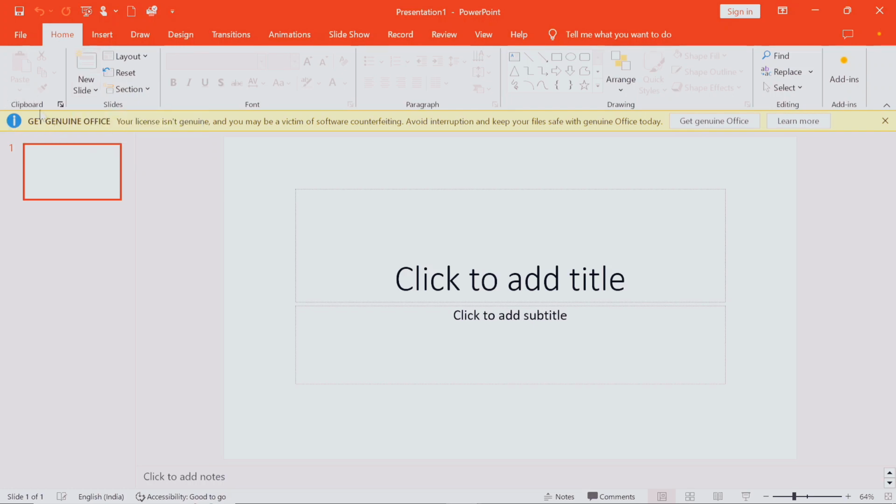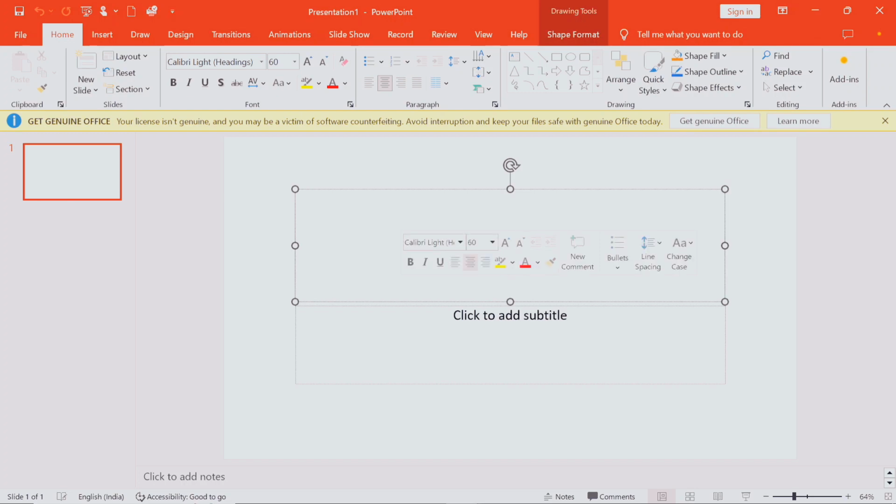Now the clipboard is used for some different commands like copying and pasting. Now what does copy and paste mean? For example, when we write something here,